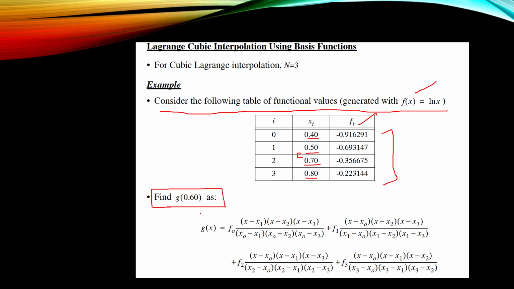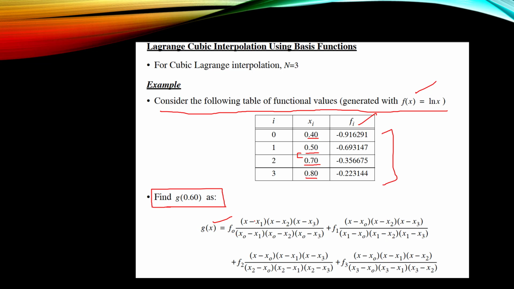From here we can identify that the value will be between these values, because at 0.5 the value is minus 0.69 and at 0.7 it is minus 0.35. So the value will be in between, mostly about half of this, though that depends on the variation. It will be in between these two values. That's our primary assumption. And g of x is given by the main equation, that is f0 into,